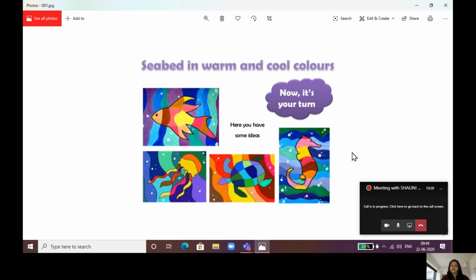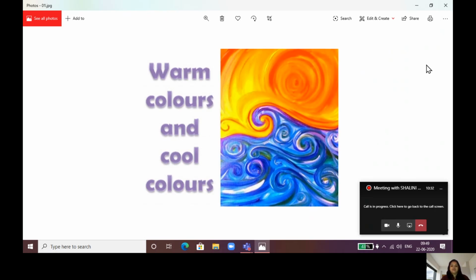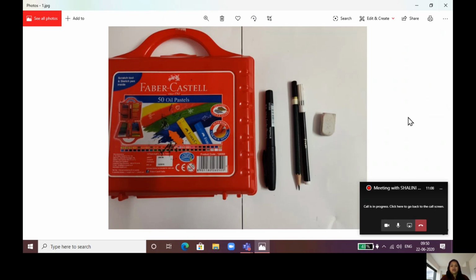You can settle on it. This is one more excellent reference. You can see clearly this picture shows the difference, or you can say it exactly defines what warm color is with the sun. Here are all bright shades, and here all cool shades in the water. All waves are in cool shades, including white. I forgot to mention you can use white color while using the cool color scheme. So without wasting time, let's start with today's activity.